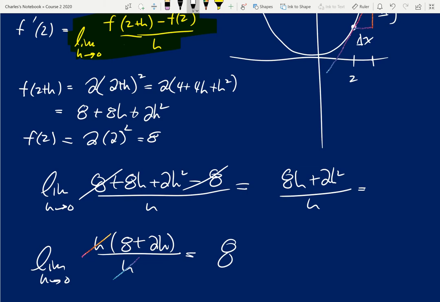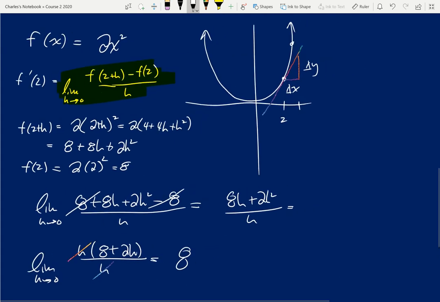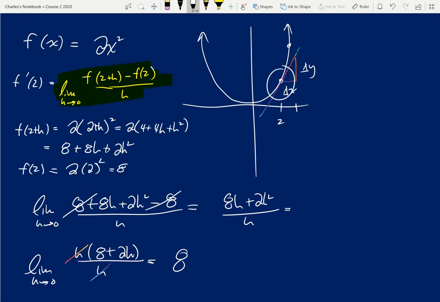And what does that mean? And by the way, it's 8 because I can now plug in the 0 for h. And now I get 8. I don't get an indeterminate answer. I get just 8. And what does that mean? That means the slope of this line of the curve 2x squared at the point 2, this rise over run